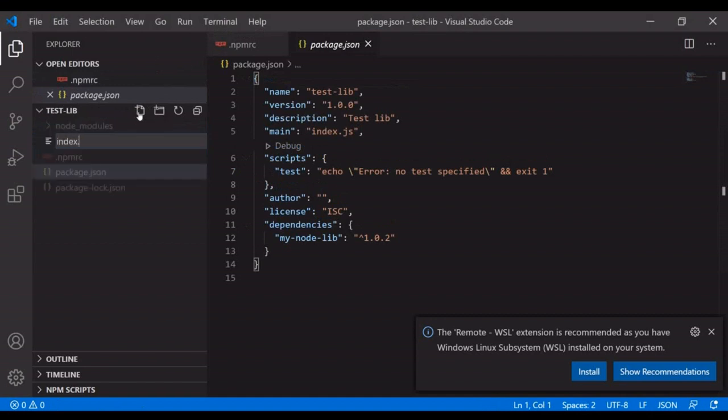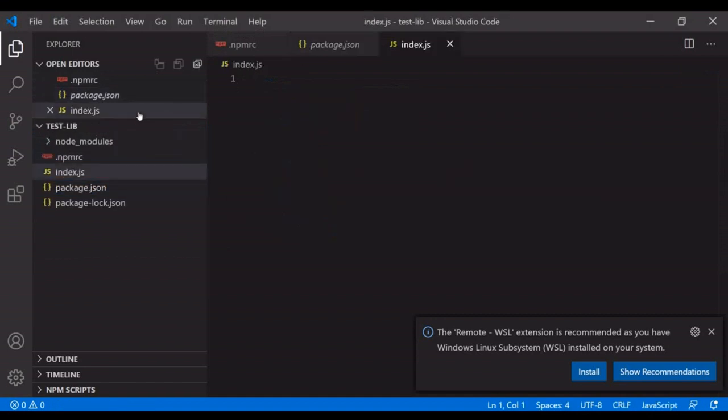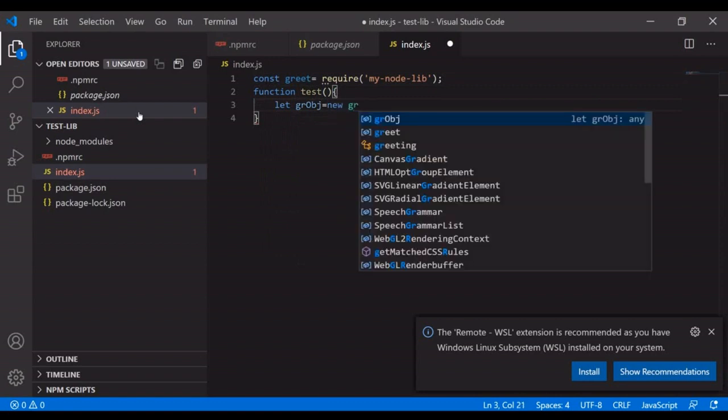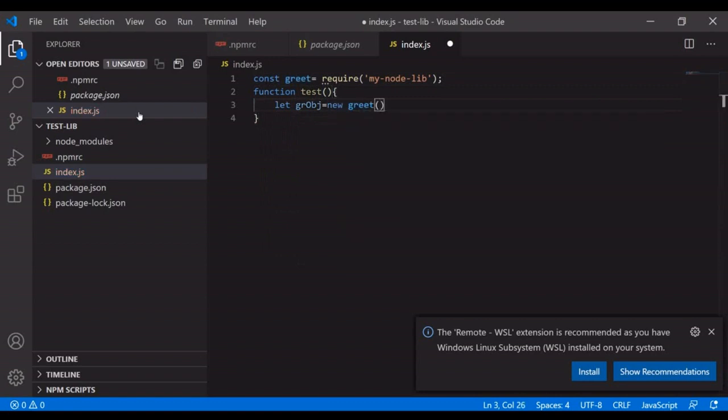Start with the index.js. Import the package using require. Create the object for the greetings equal to new greetings.